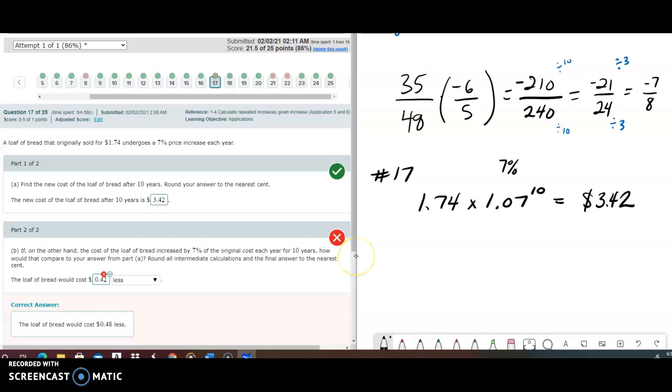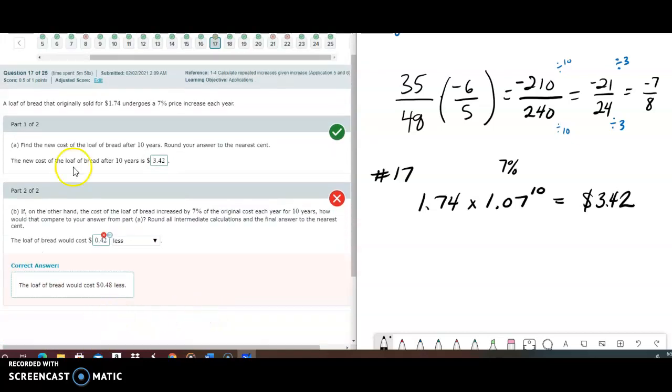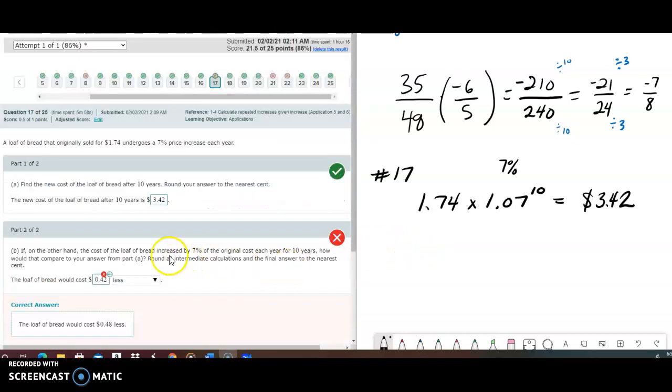Then it says, if, on the other hand, the cost of the loaf of bread increased by 7% of the original cost for 10 years, how would that compare to your answer from part A? So let's see the difference here. This says increase by 7% of the original cost each year. So 7% of the original cost would give me